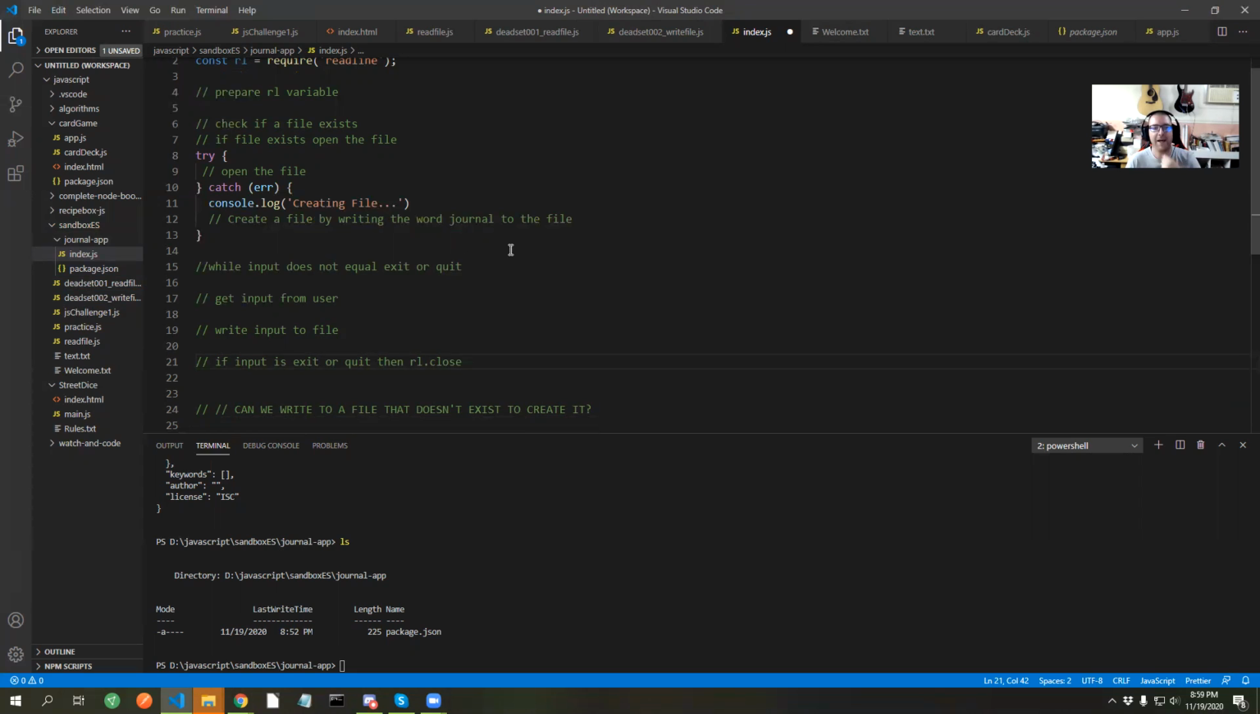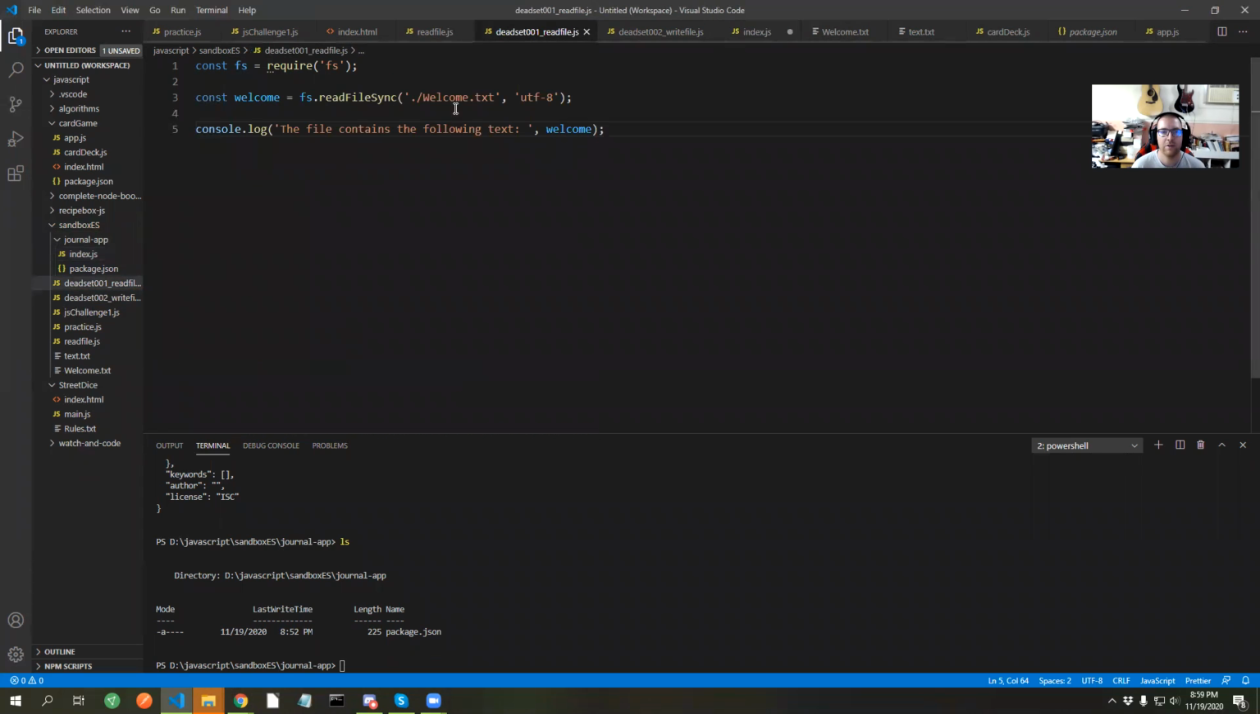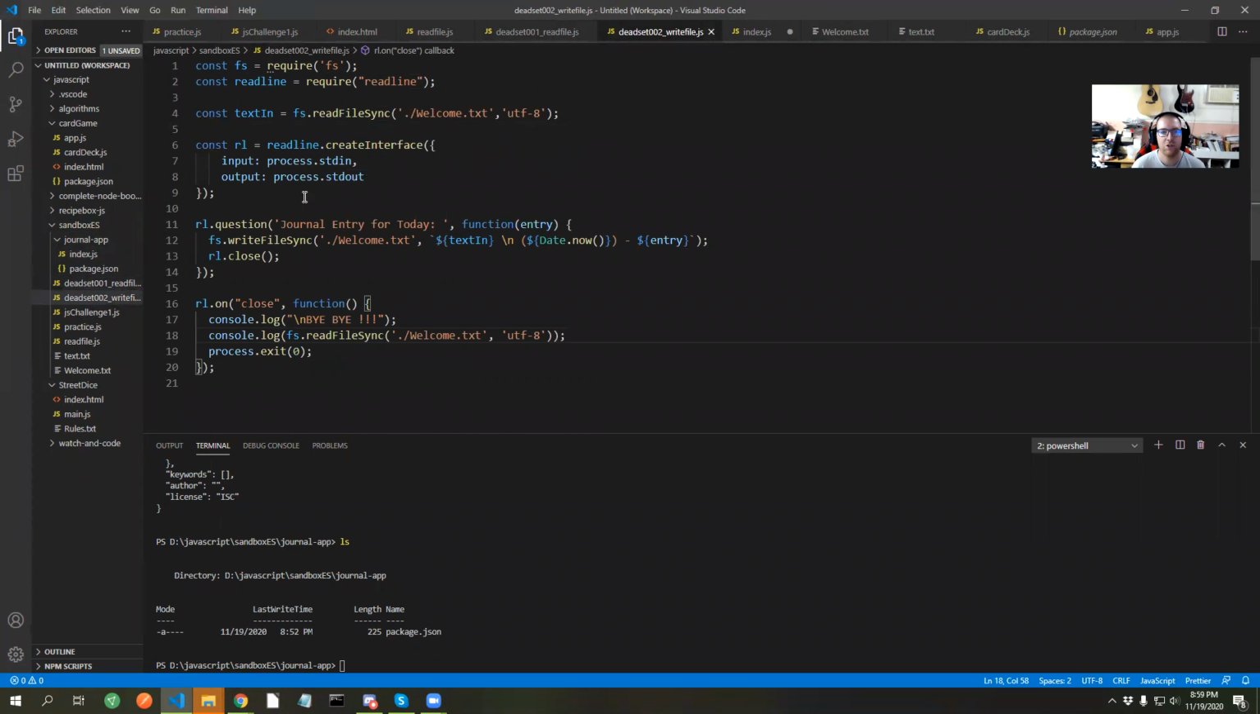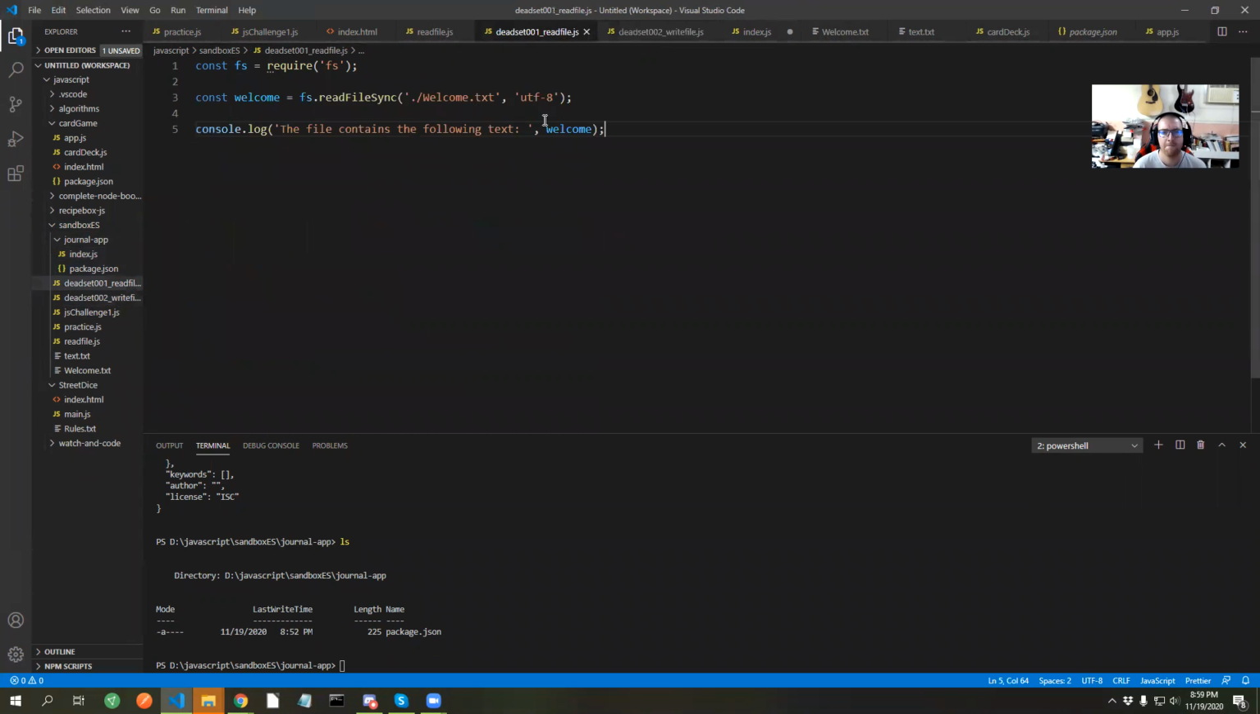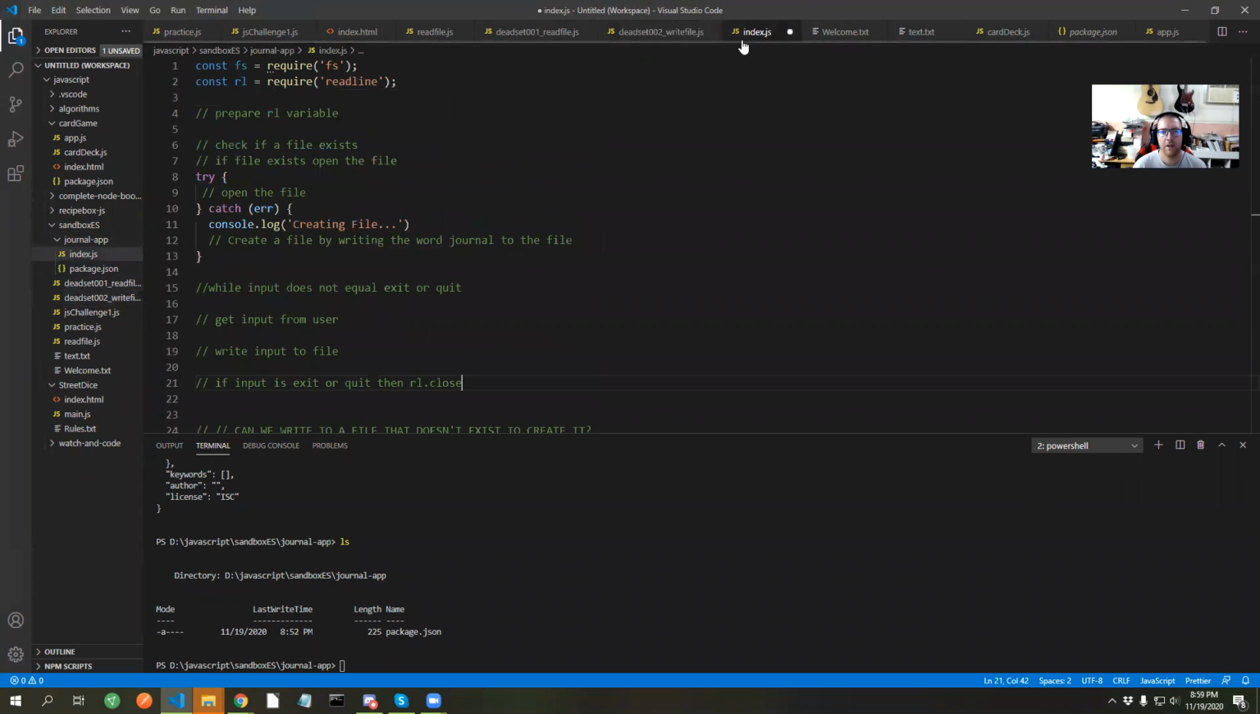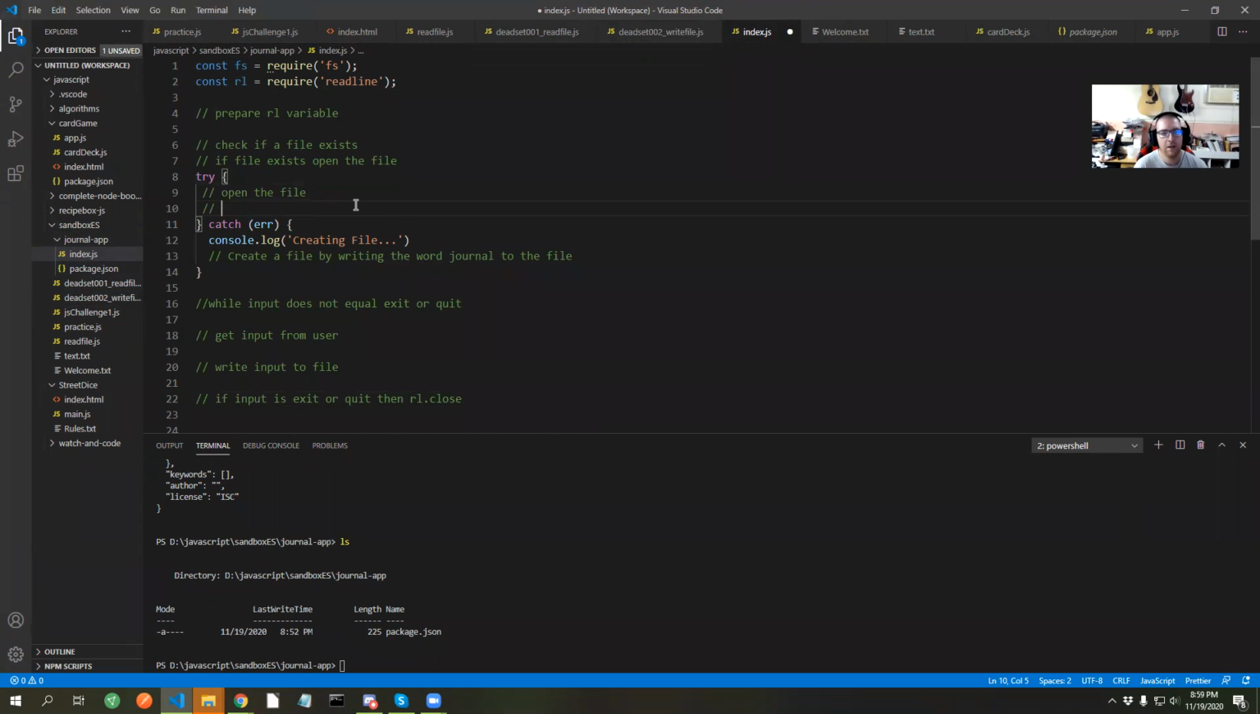All right, so let's look back at our previous stuff here. So read files, we can try to read something. So let's try to read something called journal.txt. So const text in equals, okay. Where are we? Index. Let's save this. So try to open the file. We don't need that comment. So const input text equals